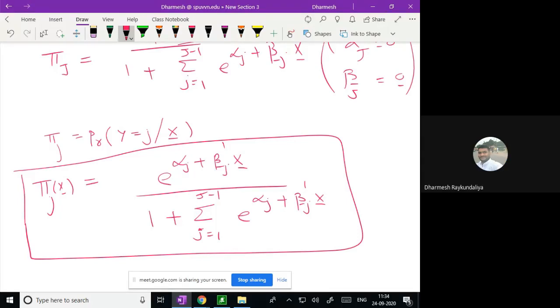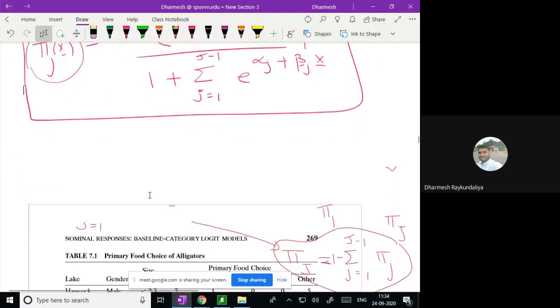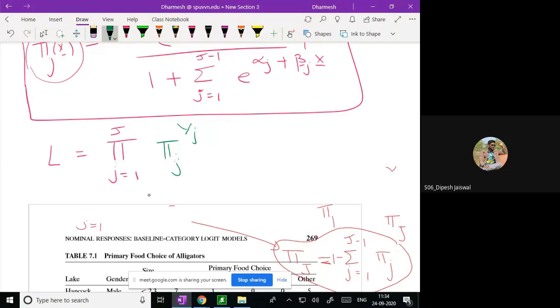So anyhow, when I write the likelihood, I have these probabilities with me, because in a multinomial trial, when we write the likelihood, what happens? How many categories do we have? The likelihood is nothing but the joint of how many categories? Capital J categories. Then it is a pi j raised to yj. Here this pi is for the product and this pi is for the probability. Yes, sir. Don't mix them.